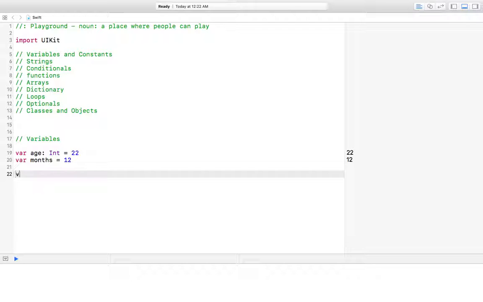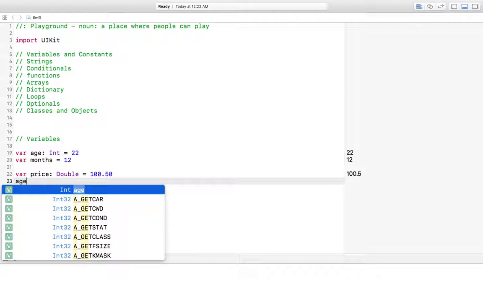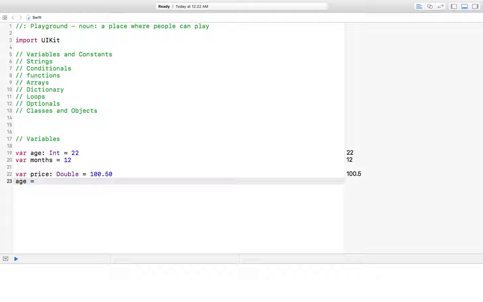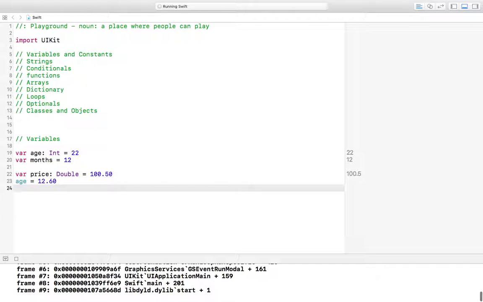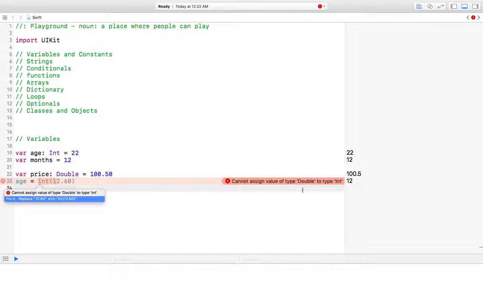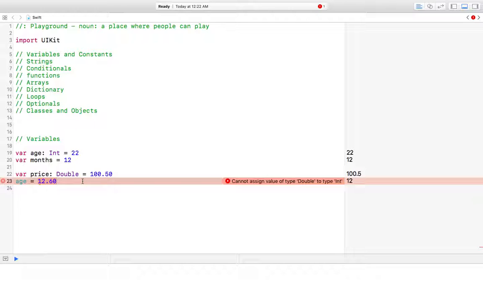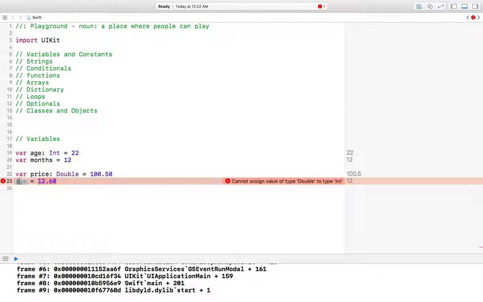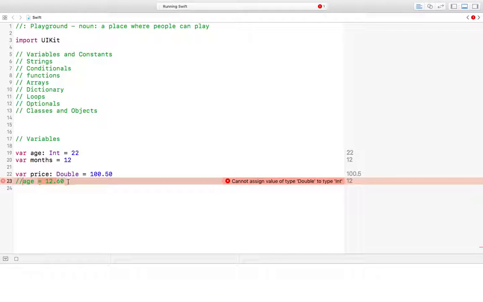In a similar way we can define a float or a double. Basically we use double because it has more precision, so we can assign any value like 100.50. But let's suppose we try to give age a decimal value, then we will see what happens. I will give 12.60, and if we press enter, you can see that there is a red error, which says cannot assign value of type Double to Int. Basically this means that an integer value cannot take any decimal values. Okay,